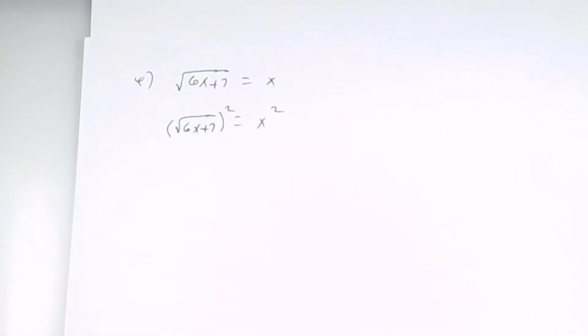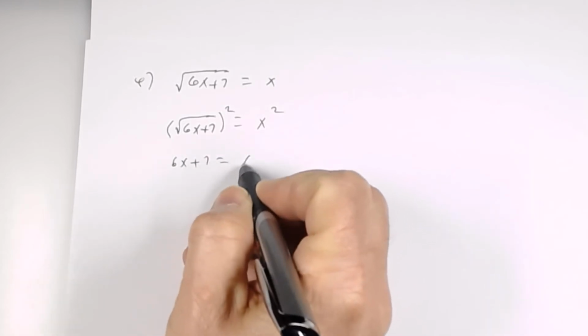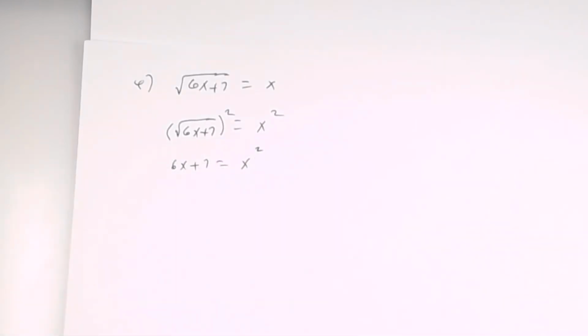All right, just like that. And then I'm going to simplify what I can. Then on the left side, the square and the square root undo each other, so what's left? On the left side, 6x plus 7 equals x squared. All right, so I no longer have